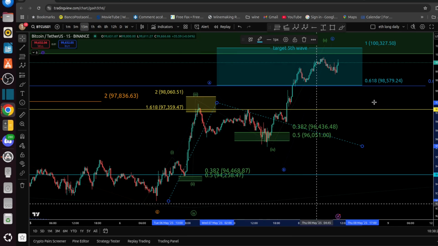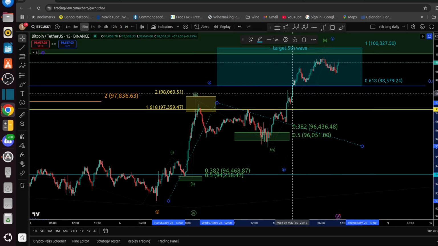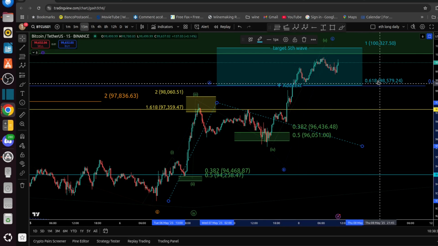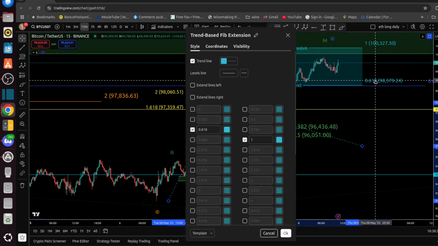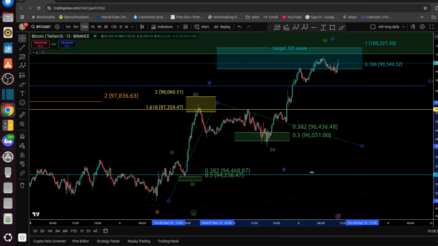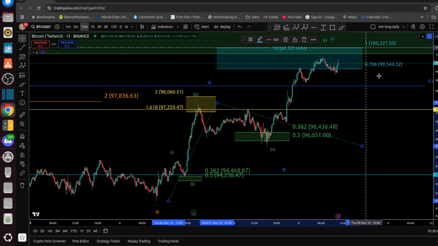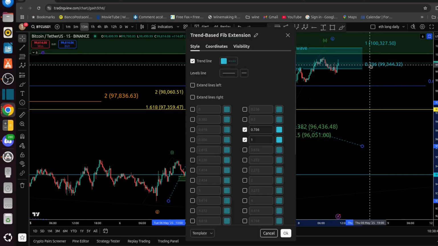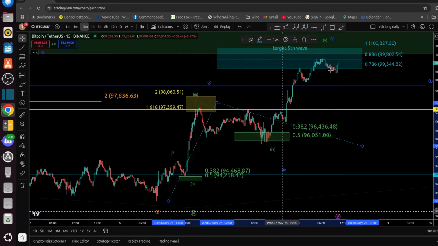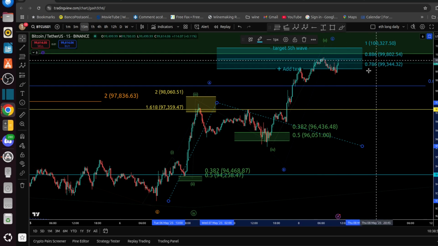The second level, it would be the 0.618. And as you can see, it did react a little bit, but not that much. I'm going to remove that. And actually there is 0.786. And then after that, usually we jump to 1. But me, sometimes I do like to add also the 0.886. Let's see if in this case we'll have done something. Actually, yeah, you see a bounce on the 0.886. So